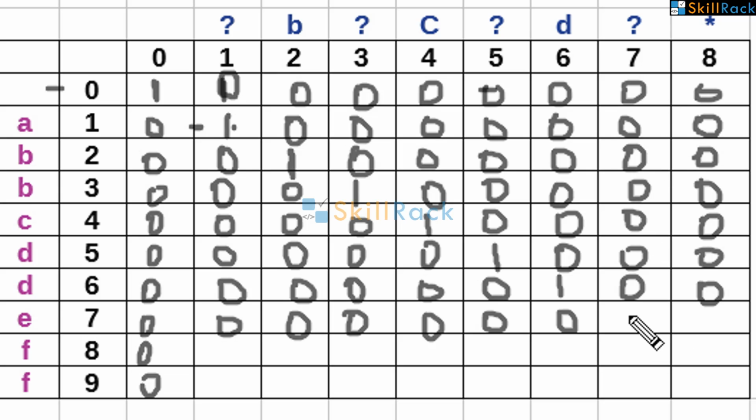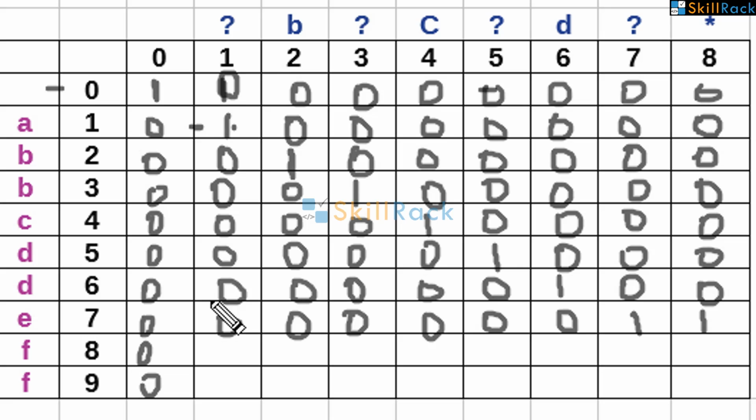Question mark and E it can match but the previous match is 1. So we can have a 1 here also. Okay. Asterisk and E. Now because asterisk can come, here we have a 1 here. So already we discussed either to the left or top we should have a 1 because the forthcoming is denoted here and the earlier match is denoted here. Okay. So this asterisk can map to the forthcoming and so we mark a 1 here.